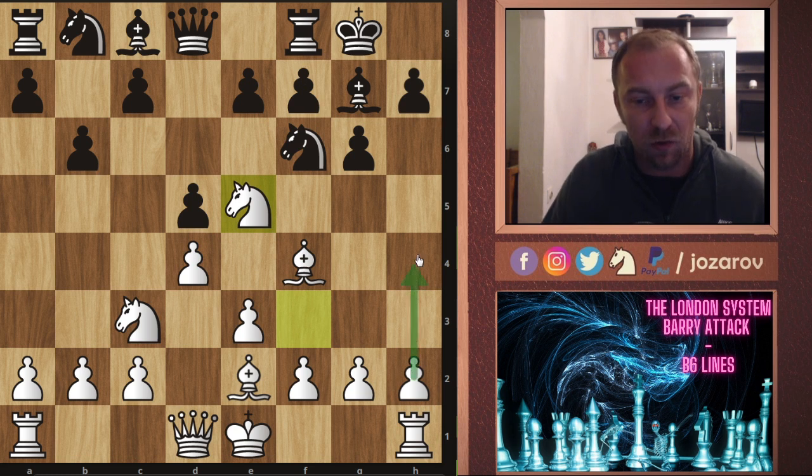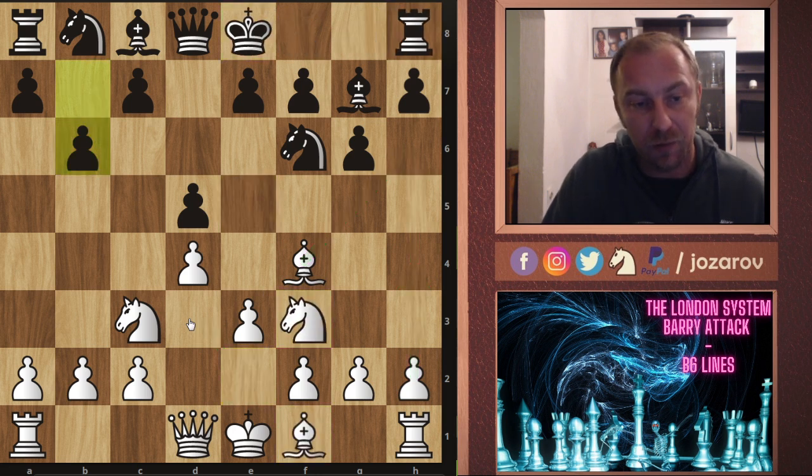Our main goal is now, after knight to e5, h4, h5, h6, bishop to h6, simply trading the dark square bishop, and playing something like bishop to d3. It's very important now in the beginning to not mess this up, to play the move bishop to d3, because